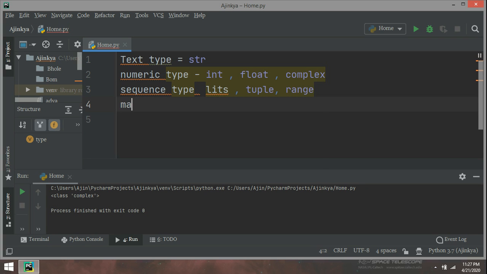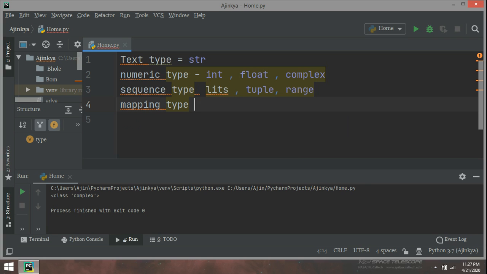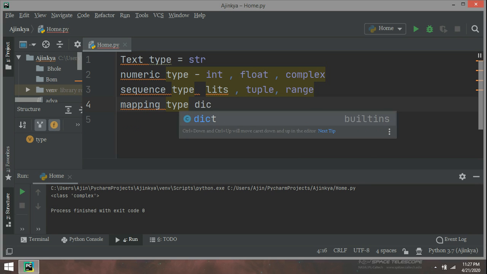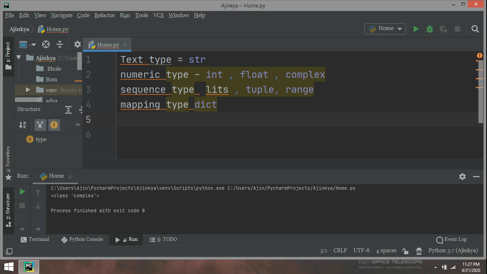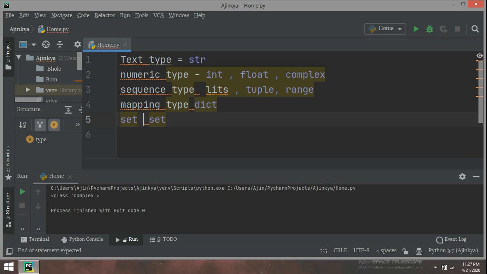If you have the mapping type, where the information is stored in key value pairs, then we have dictionary, dict. If you have the set type, then the information goes like set. Then we have the set